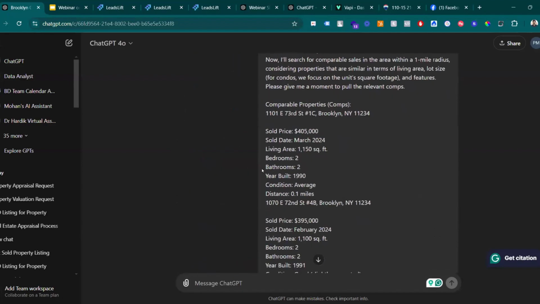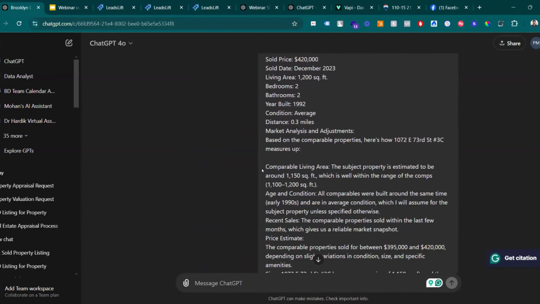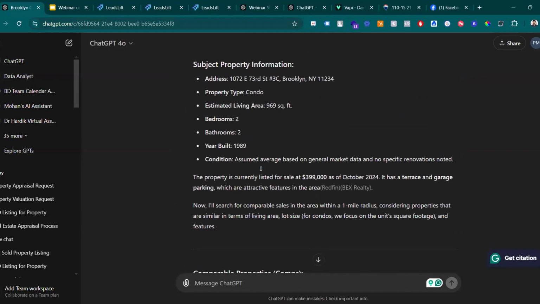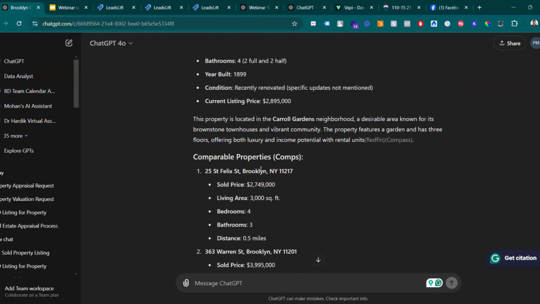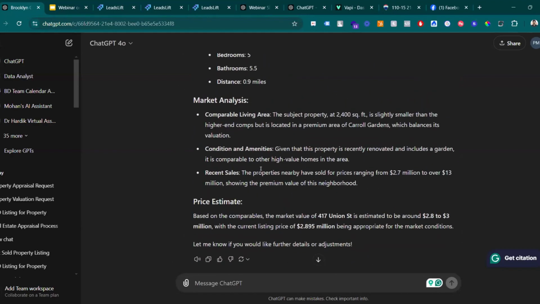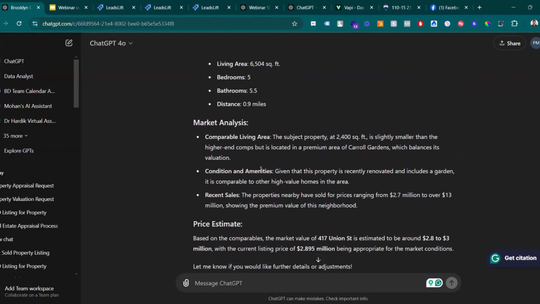So I can do a lot of analysis out of this. If I was in a realtor's shoes, if I wanted to do a market appraisal quickly, I would use ChatGPT to get the proper information out of this. It is not going to be 100% accurate, but it will give you an idea of the situation of the market and how you can proceed with that particular listing.